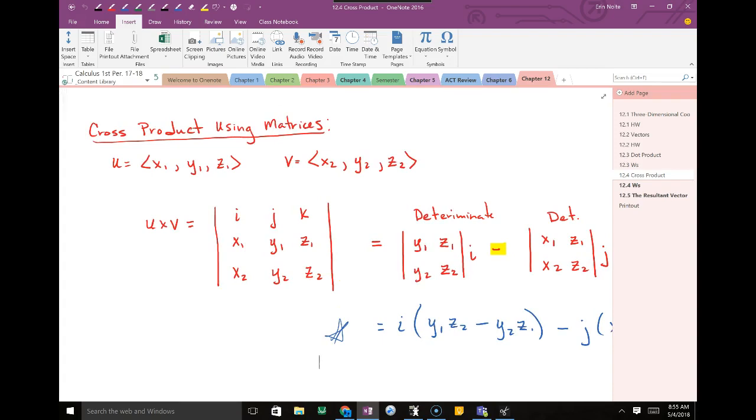Okay, so a matrix is basically a way to organize data. It's composed of columns and rows. Okay, so this particular matrix happens to be a 3x3 matrix. So 3 rows and 3 columns. Okay, so when we use the cross product, we're going to use matrices and the idea of a determinant to figure out the resultant vector, which allows us to then find